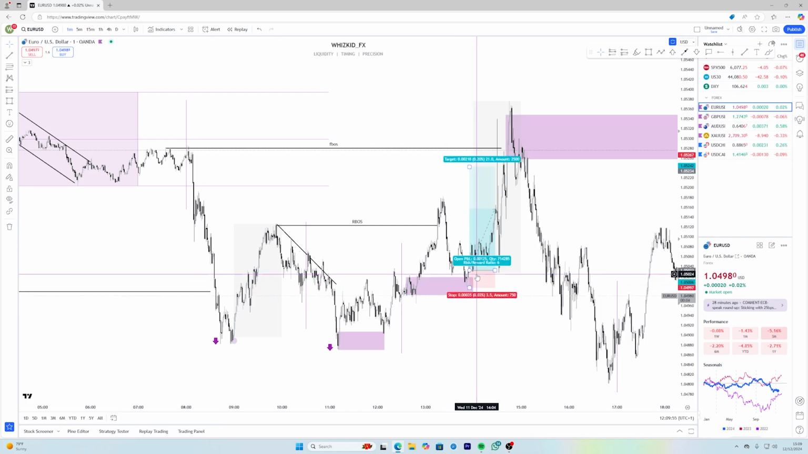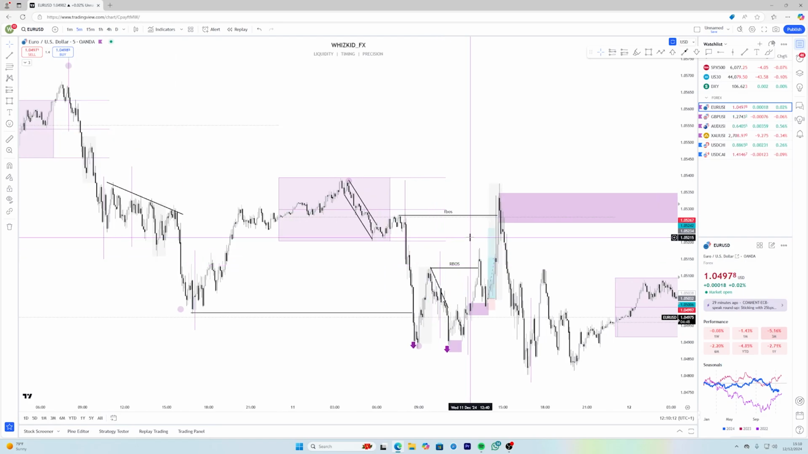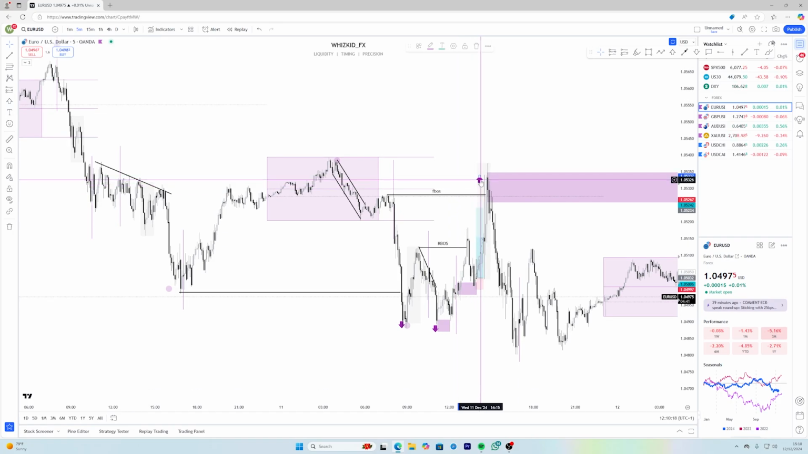So this long was very clear. Enter here, we waited, okay, boom, already at break even, and then with the news we pushed to the upside, right? We pushed to the upside, and if I go back on the M5 now, we can understand that this was the main inducement of the day, okay,